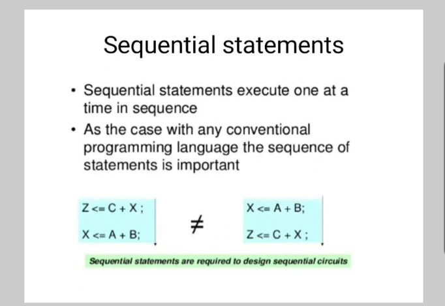Sequential statements are the statements that execute serially, one after the other. VHDL has borrowed the syntax for its sequential statements from Ada. The sequential statements can be present only in a process or subprogram. Only sequential statements can use variables. The following statements are all sequential statements: the assignment statement, if statement, case statement, null statement, loop statement, and next statement.